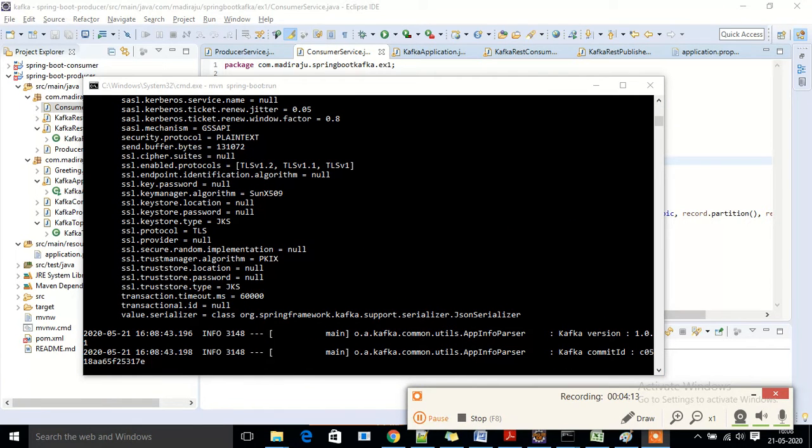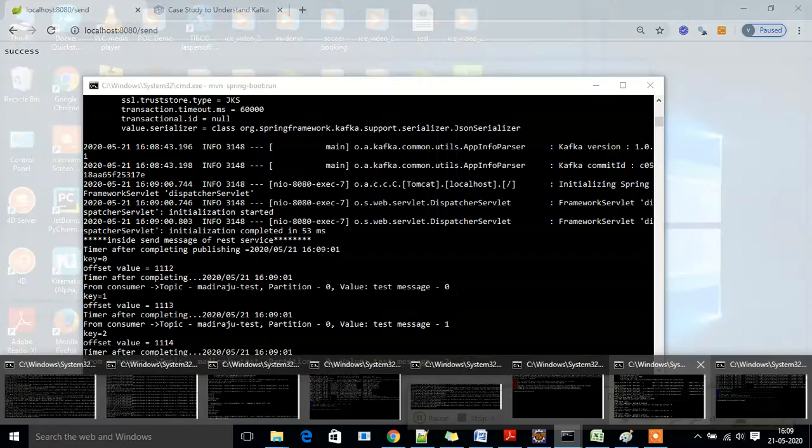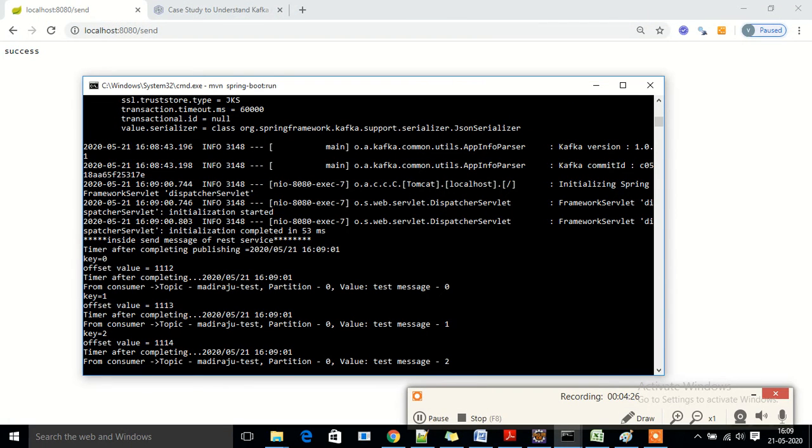Okay, the server is started now. So let me go and ping the REST service which I have written for this. I'm just invoking that. Once I invoke it, the message gets generated and then the consumption happens. So it has already completed. You can see the completion time, and the time after completing publishing is 1690. You can see the time carefully. The time lapse is nil, it's real time. Basically the time it is publishing and the time it is consuming is generally real time.